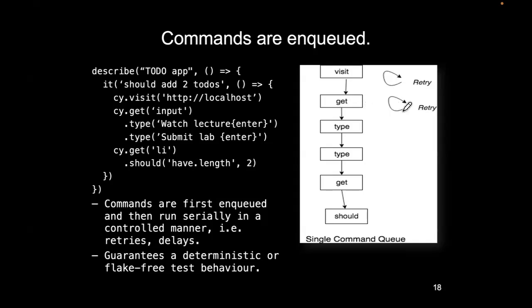So equally, Cypress will retry the execution of each of these commands as well a number of times. That means of execution ensures that every time you run your tests, you're guaranteed to get the same results. Because on some occasions, the visit may be particularly slow, but because the retry is happening, you're guaranteed that it